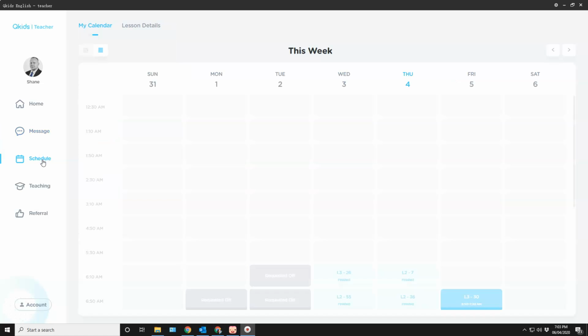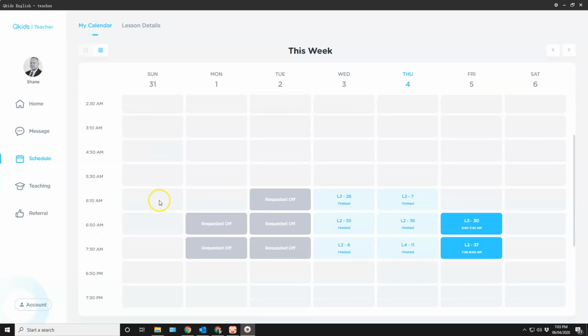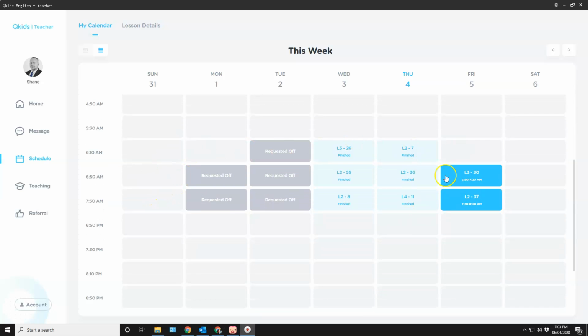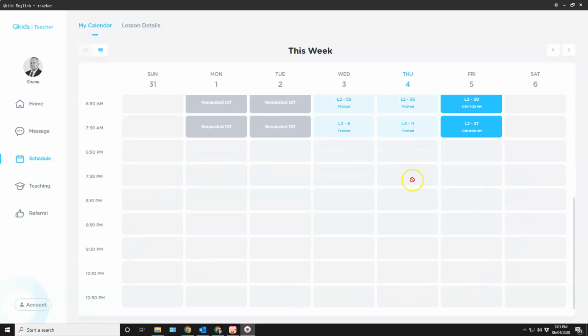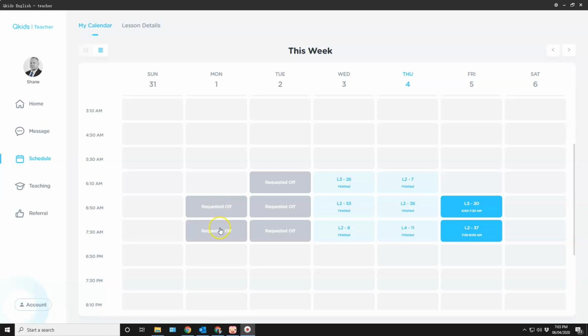Schedule, you click here and it shows you all their availability. You can actually choose all these times, and then it shows you what you're actually scheduled for. I requested off these days. I worked these, and then tomorrow I have these two, but all these other time slots are available. I just did not submit my availability for those times. I only submitted availability for these times, and they usually fill them. Usually.